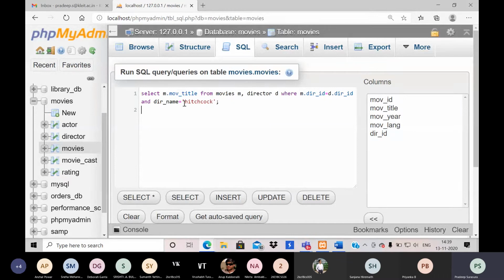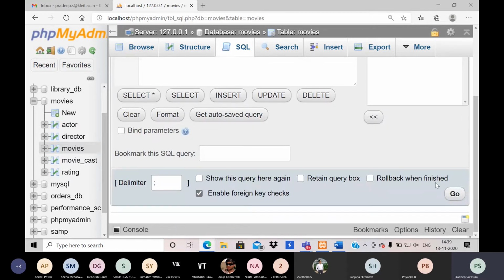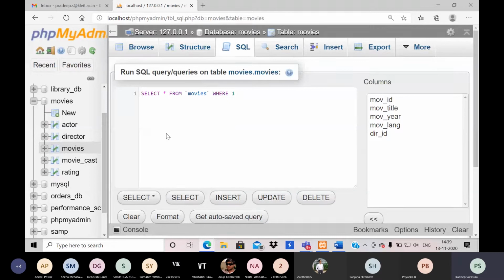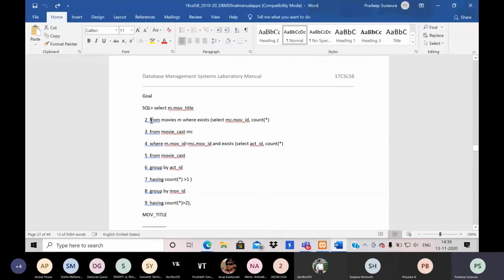Why not for Hitchcock? If I have left some space anywhere, then definitely it would create a problem. That's the problem whenever I'm trying to do this. So please change it. This query is not working with Hitchcock. Let me continue with the next query.